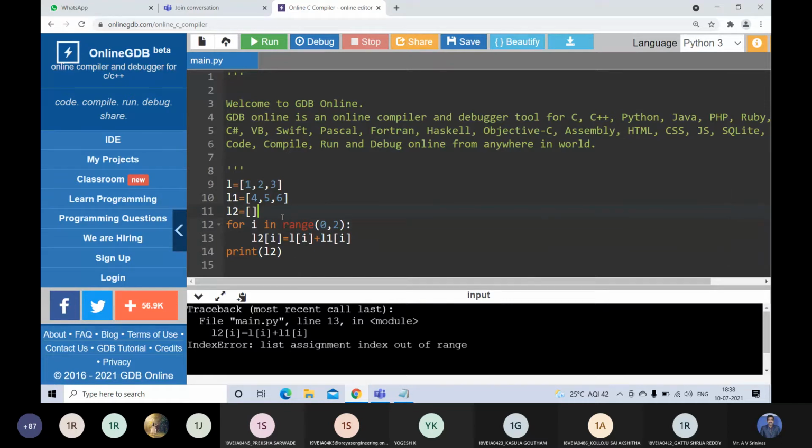List assignment index out of range. Why will this come? Range of 0, 2.